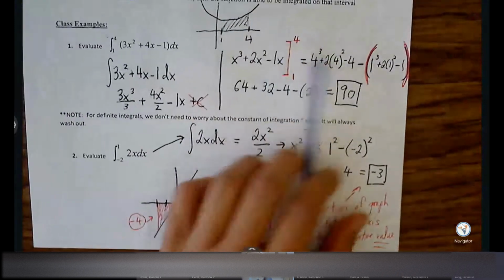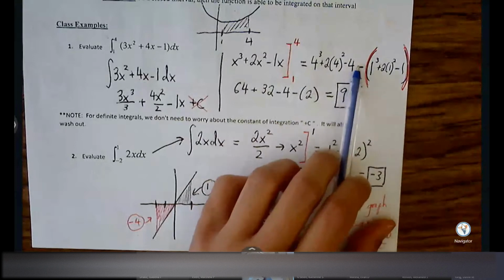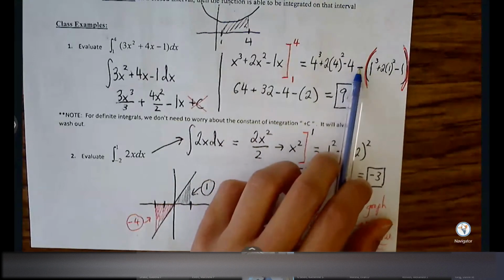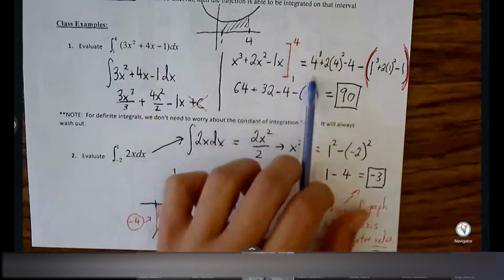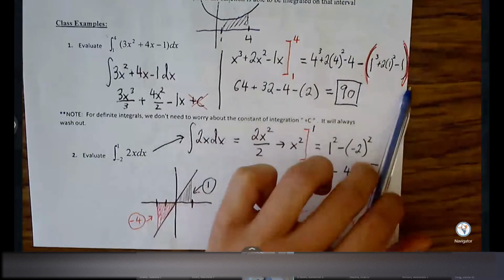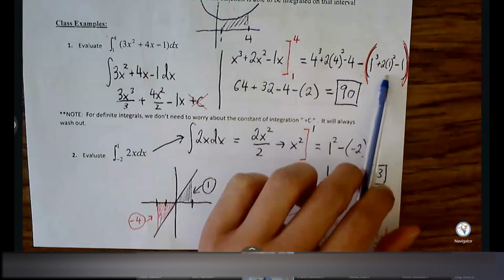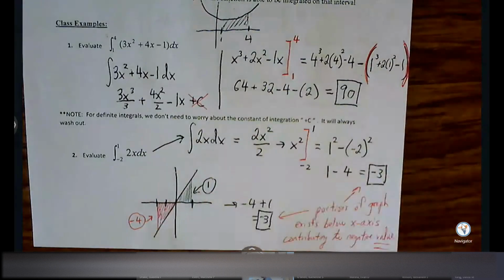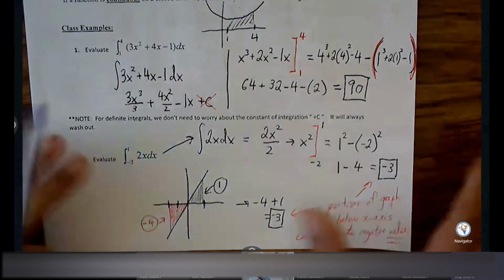So the next thing is make sure that when you plug in your upper and lower bound that you protect the lower bound with a set of parentheses. Otherwise, you may not remember to distribute the negative through. So the upper bound doesn't require a set of parentheses, but before you plug in the lower bound, just create a space with parentheses, then plug in the lower bound and make sure you have the set of terms inside parentheses, because there's a negative outside of it, and we don't want to lose track of that negative. Okay,